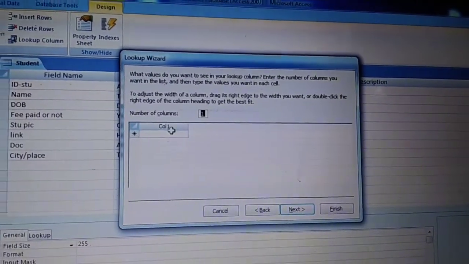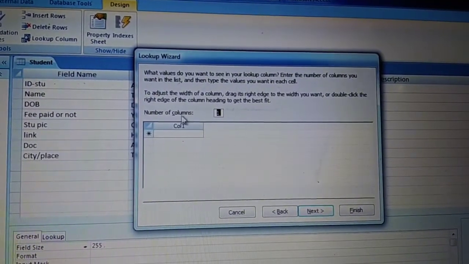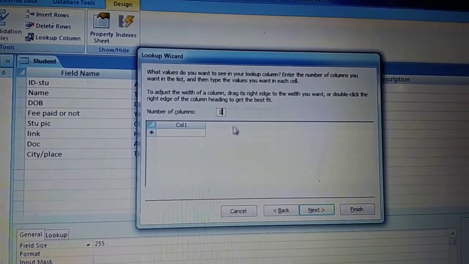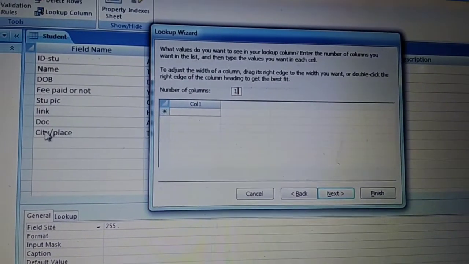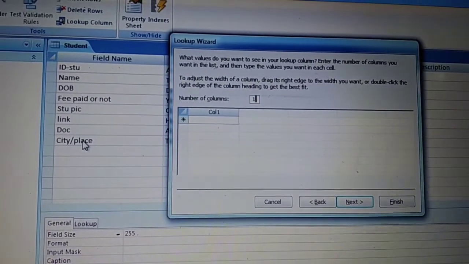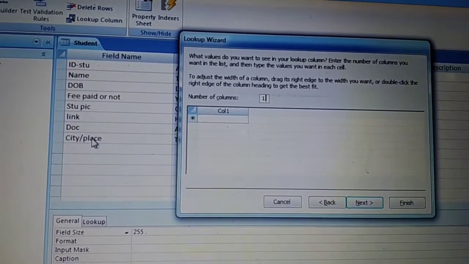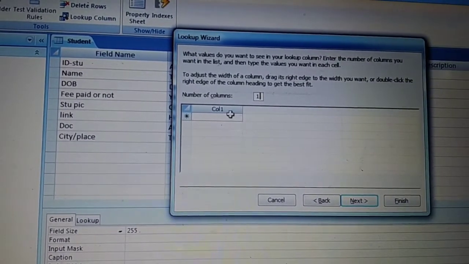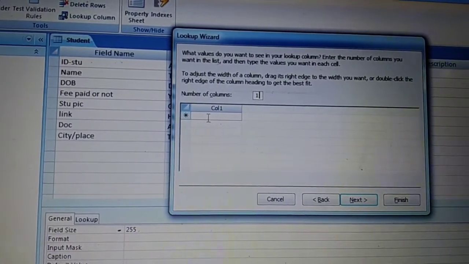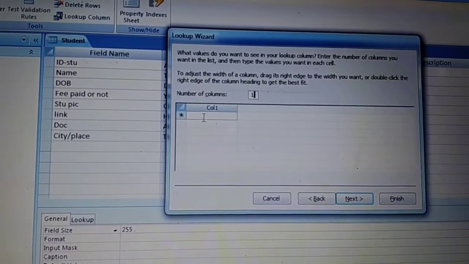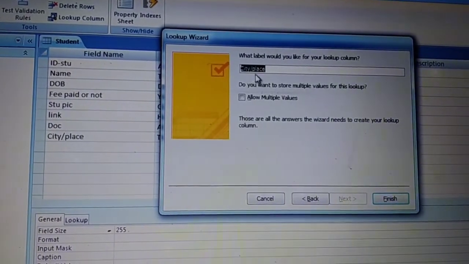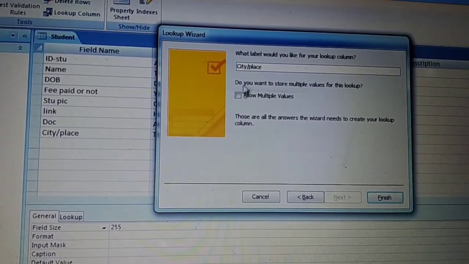Next option. Now here see, I have taken one column. You have to verify whether you want to take one column or more. I will select only one column because in the city and place field only one column is required. It can be Bagha, Patna, Delhi, Noida, whatever. In one column, different cities and place names can be written because one student will stay at one location itself. So I will select one column first and then I will write city and place.